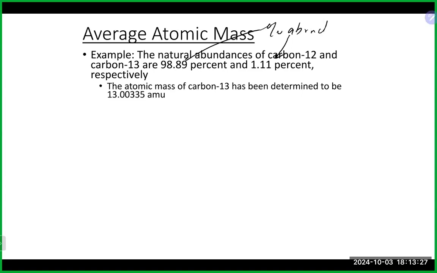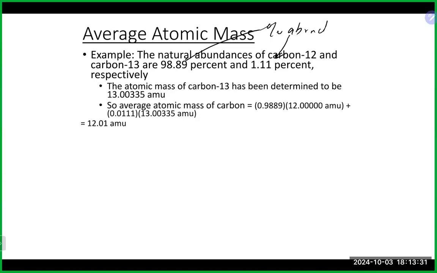So we could do our formula. We would take the carbon 12 percentage, convert it into a decimal, and again, you can either move the decimal place or divide by 100. We're going to times it by the carbon 12 atomic mass. We will then take our 1.1%, which is that guy converted into a decimal, times the atomic mass of our carbon 13. And that gives us, again, the number that we do see on the periodic table, which is our